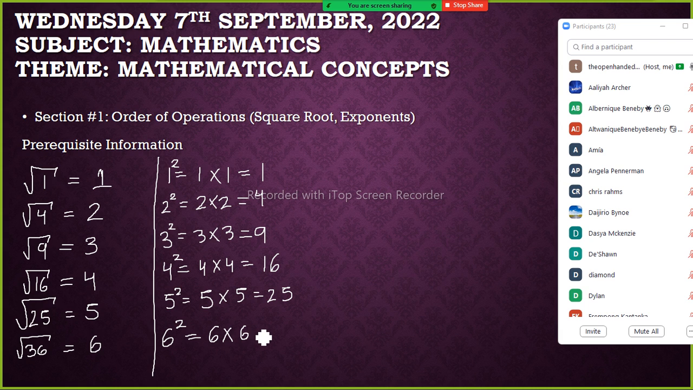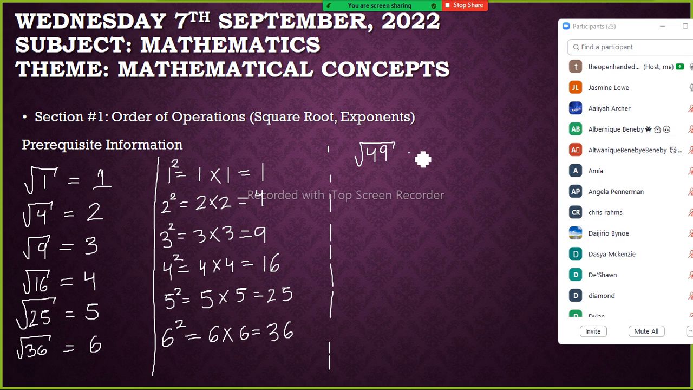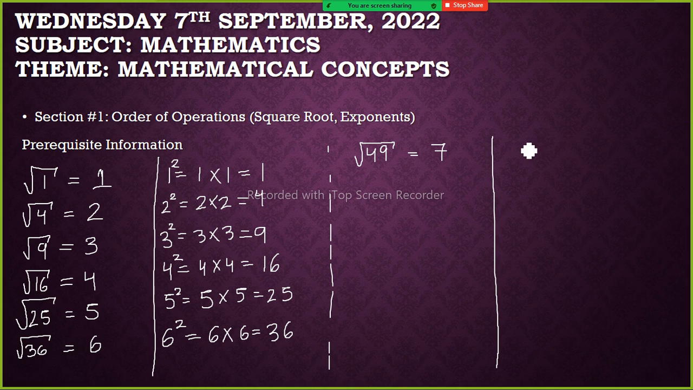6 times 6 equals 36. Alright, then we have the square root of 49. What's the square root of 49? 7. And the reason why that's the case is because of 7 squared. 7 squared is what? 7 times 7, which is 49. And then we have the square root of